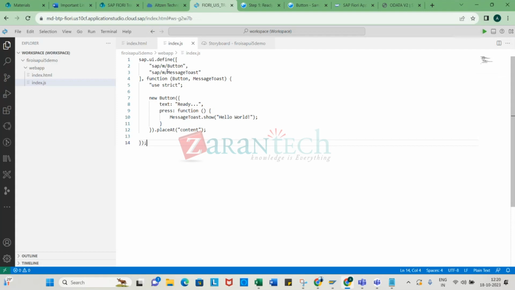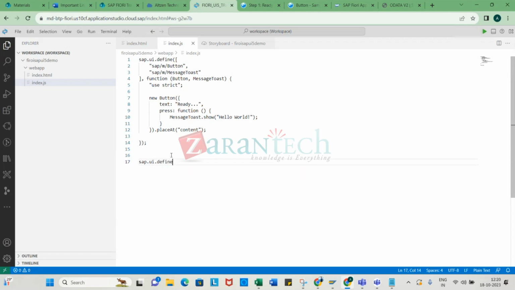If you see here, we are using the sap.m library, we are defining it. We define a library which is called sap/m/Button. We are defining the M library's button control and the MessageToast control from the M library. And see, this is the typical configuration. So basically, how can you write it? Let's say we are doing scratch coding, so